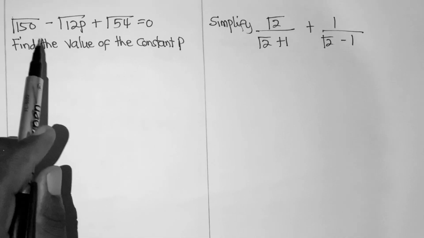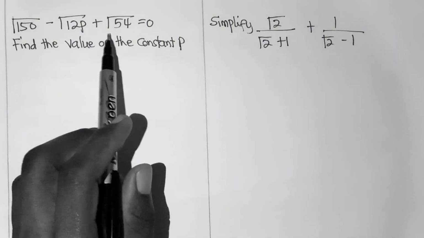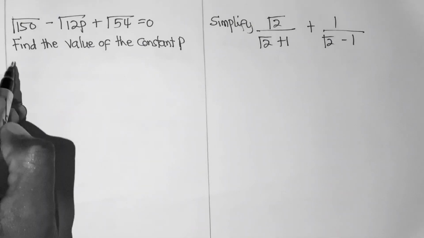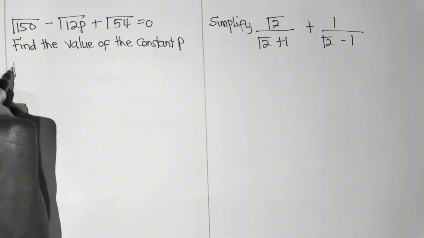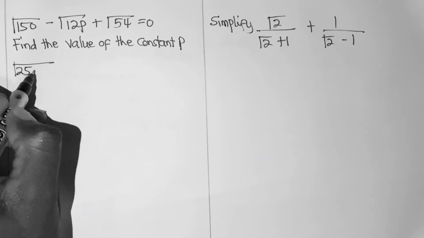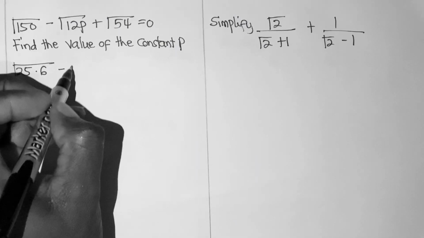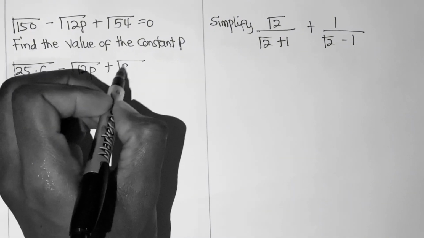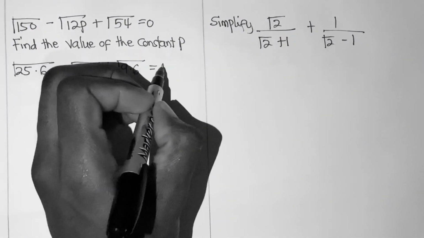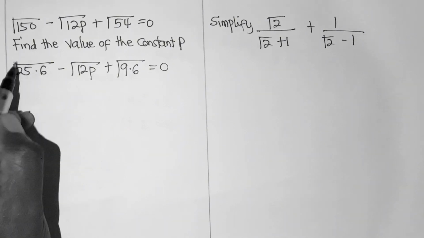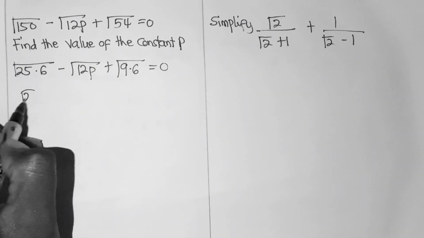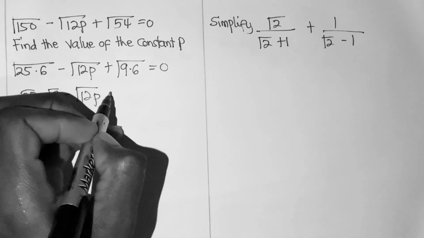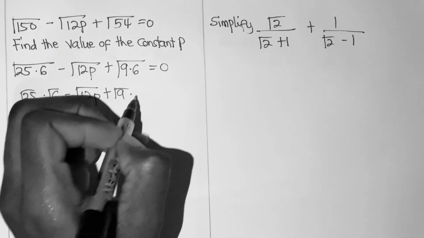Square root of 150 minus square root of 12p plus square root of 54 is equal to 0. Find the value of p. So square root of 150 is the same as square root of 25 times 6, then minus square root of 12p, then plus square root of 54, which is the same as square root of 9 times 6, equals 0. So square root of 25 times square root of 6 minus square root of 12p plus square root of 9 times square root of 6